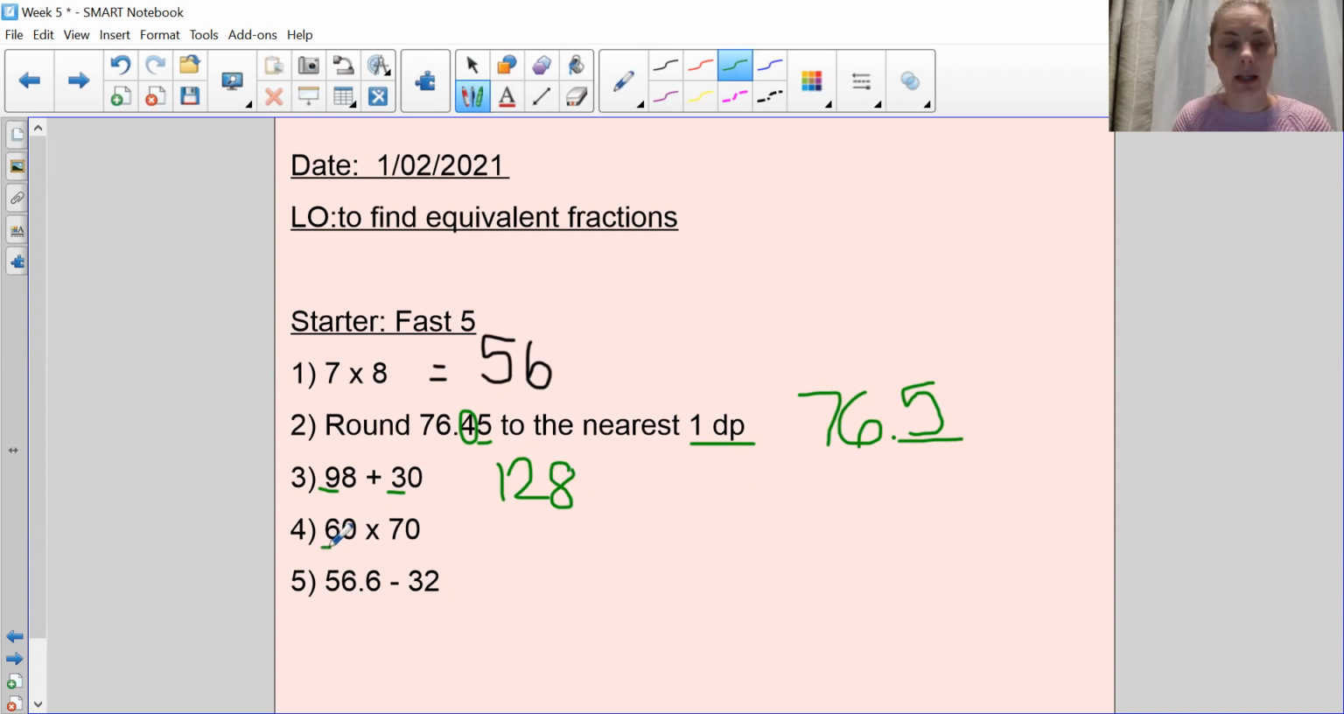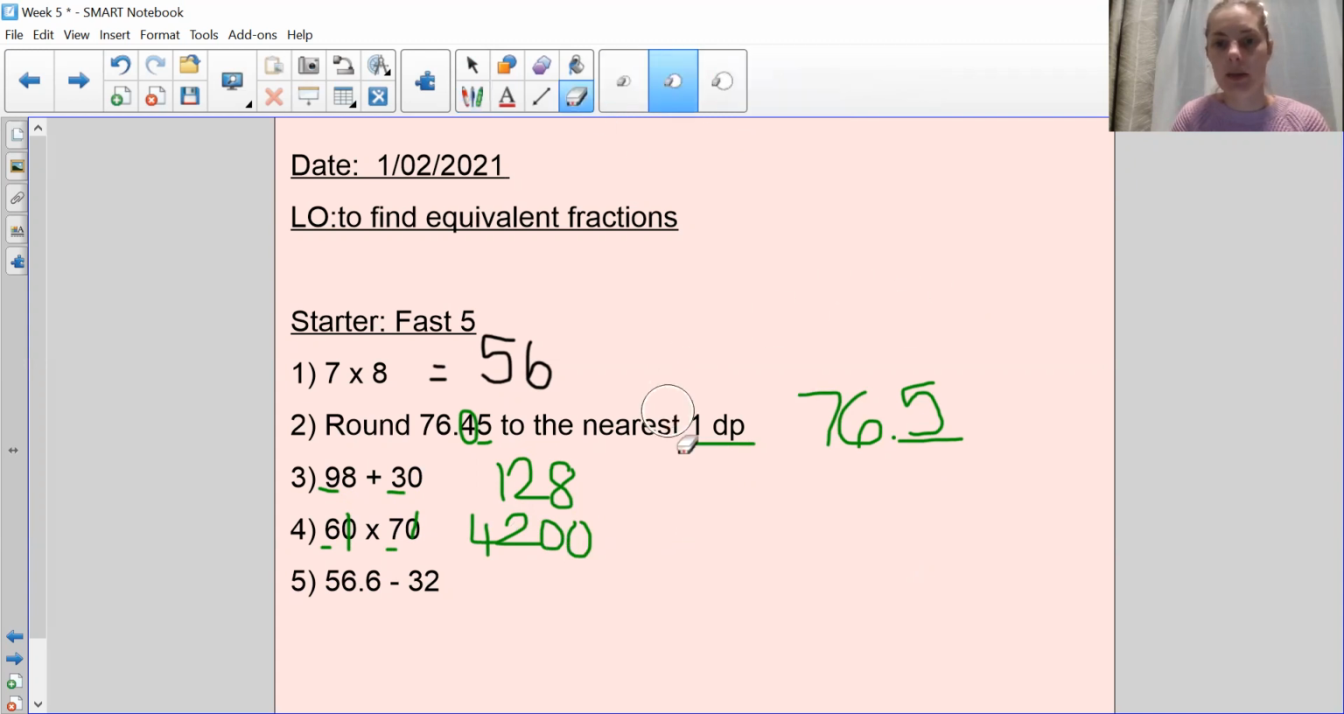Right, again, another mental calculation. 6 times 7 is 42. So I write 42. And now how many zeros do I add? I've got 2 zeros. So I'm going to add 2 zeros to my answer. Okay, nice and easy. And the last one, we did quite a few of these last week as well with our decimals,